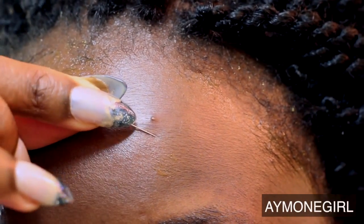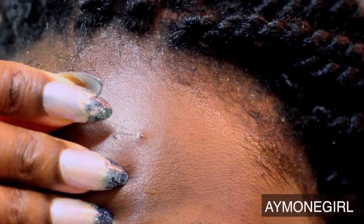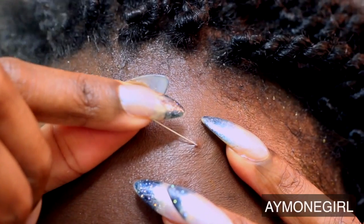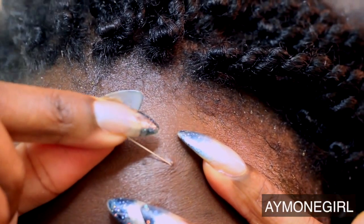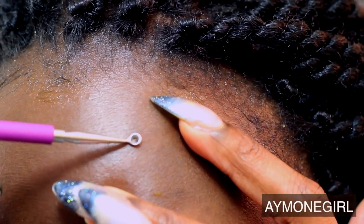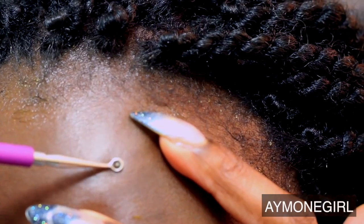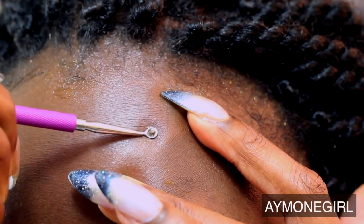We want to drain this pimple, and we drain it by piercing the very top or tip of this pimple. Once you do that, be very careful, and make sure everything is clean. You want to next take your extractor, and isolate the center of the pimple within the round part of the extractor and firmly press on it until you get the first pus to come